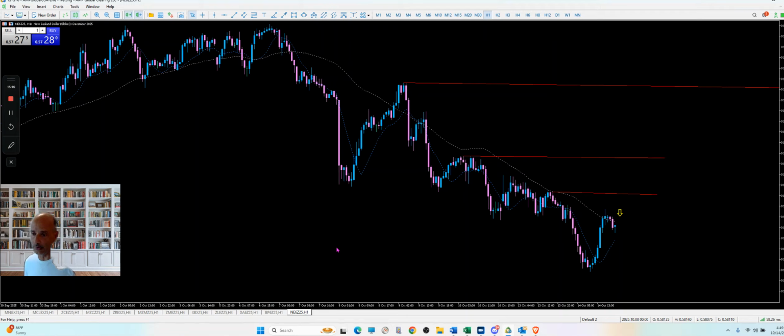And so I like to just go back and forth and look at them and see which one is painting a clearer picture. But I wouldn't take a trade on both of them at the same time. If I wanted a trade, I would just pick the one with the cleanest setup and go with that. And that's been the Australian dollar for the last couple of weeks. But they both pretty much look the same.